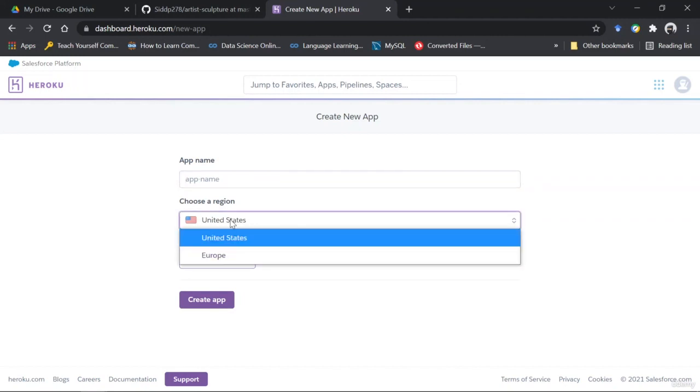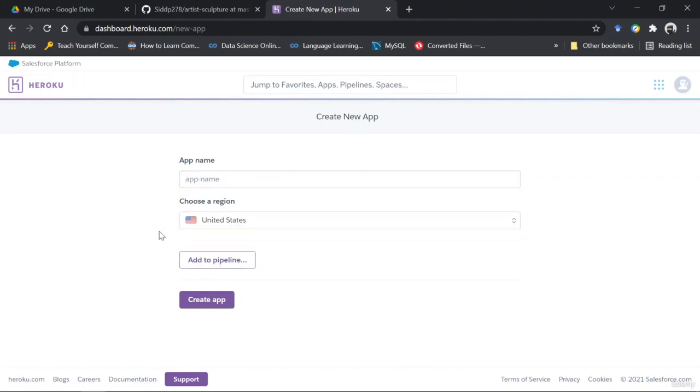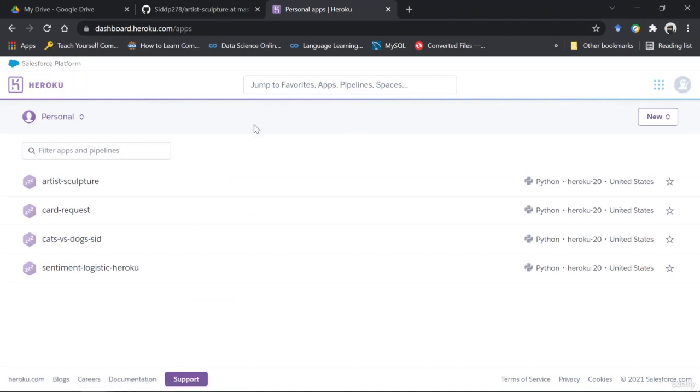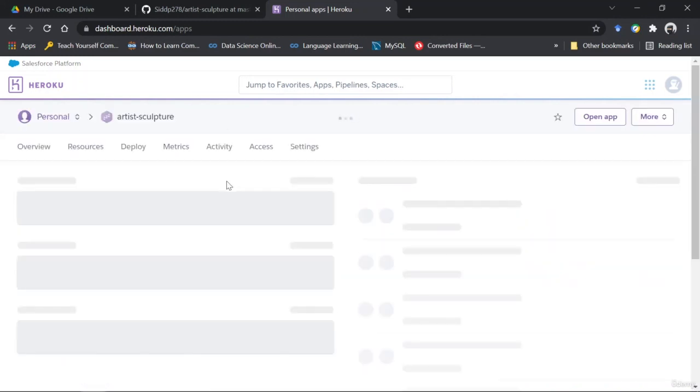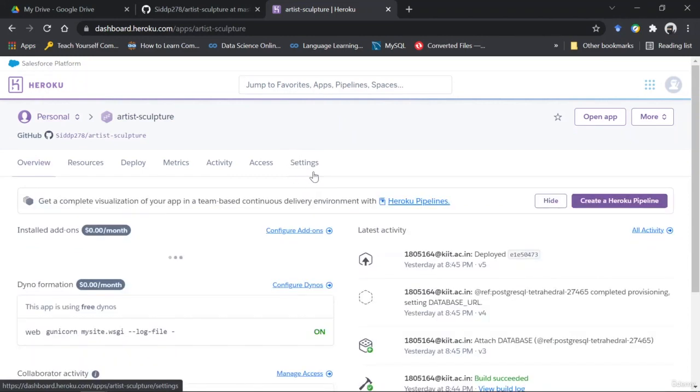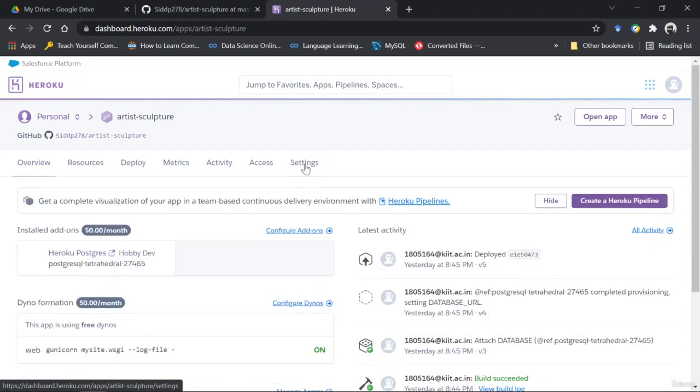There's only two regions to select from, right? Next, you can just click on Create app. I've already done this, so you can see that once you have created your app, it will be listed in the personal dashboard itself. Click on your app, then first go to the settings, which is here. So click on settings,